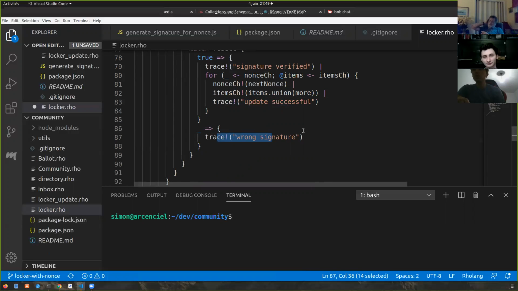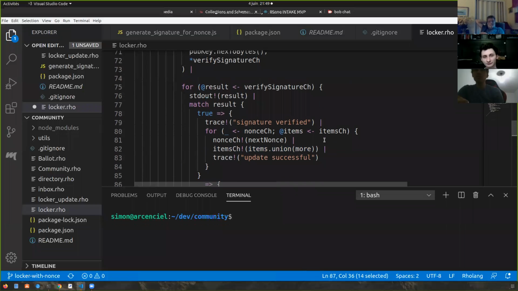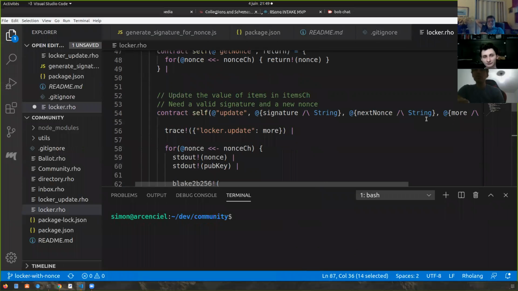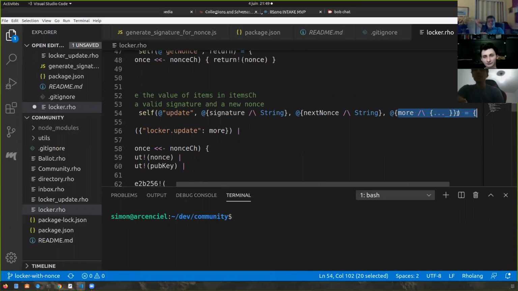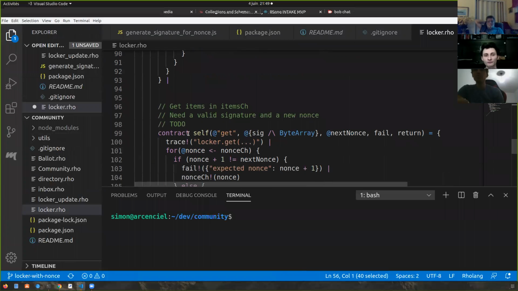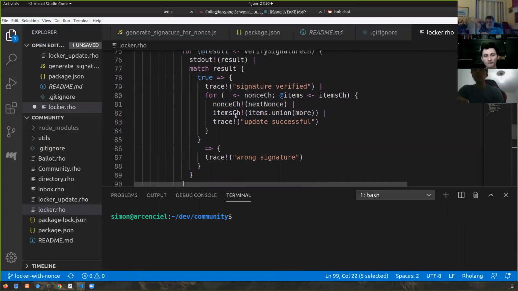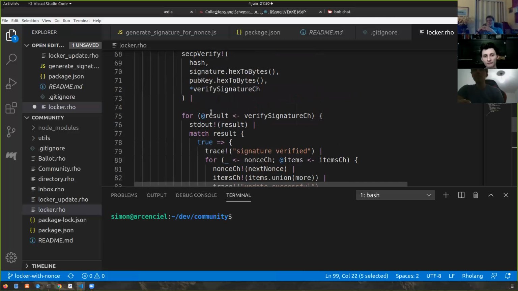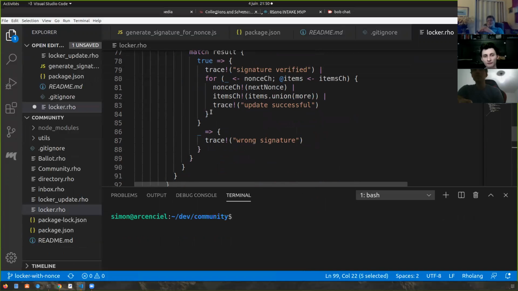So there is no return channel. You are free to do it, Jim, if you want. You would just add some fourth parameter. So that's it, and then you would have to code the get feature the same way. It will be very, very similar to the update. The only difference is that you do not change the value on the items channel. You just send it back to the emitter.